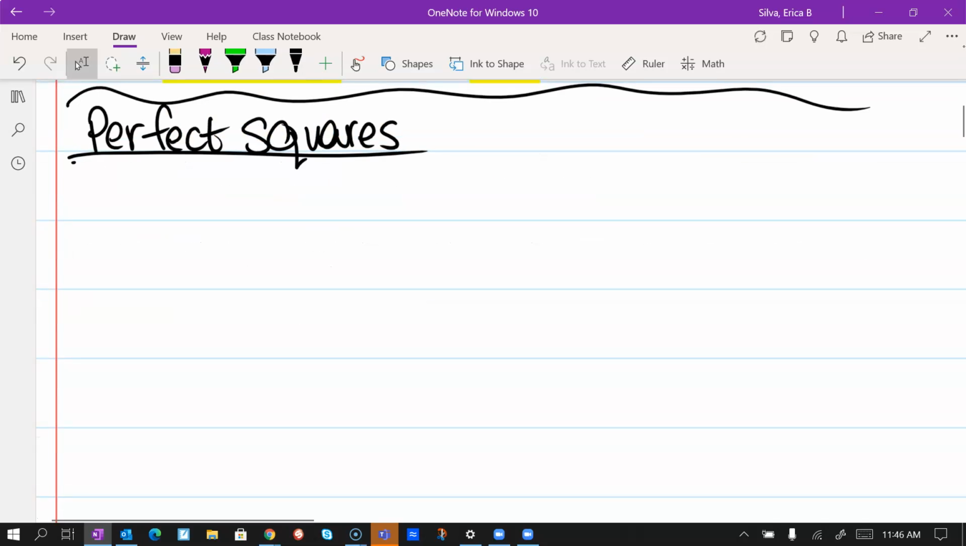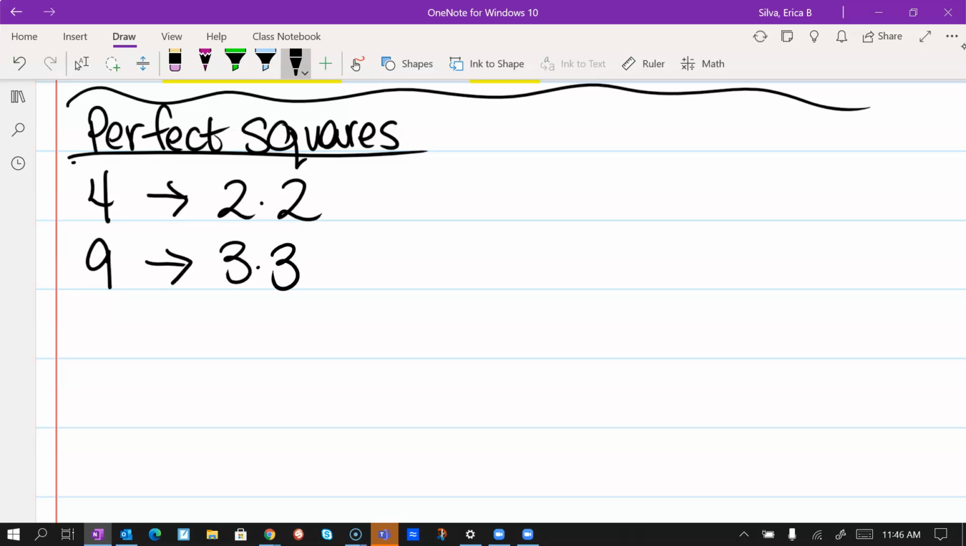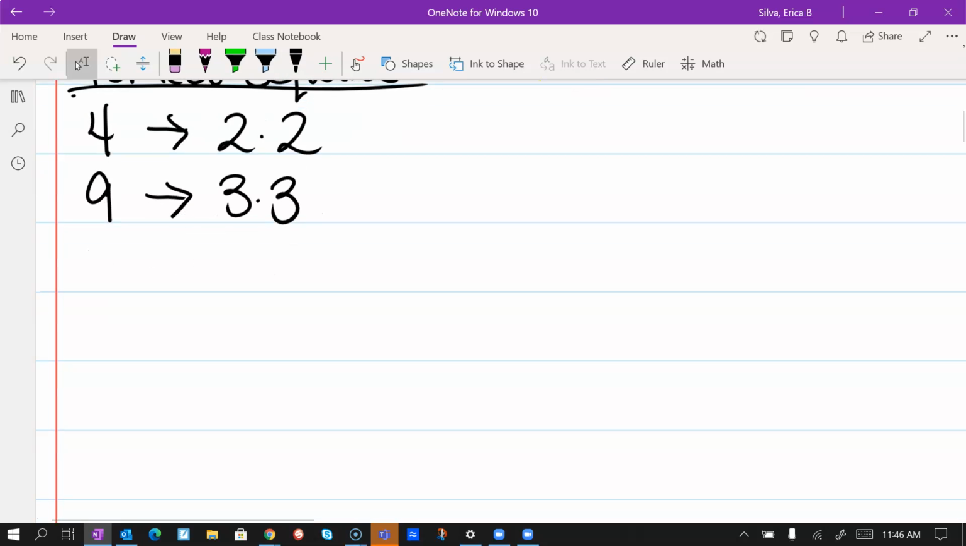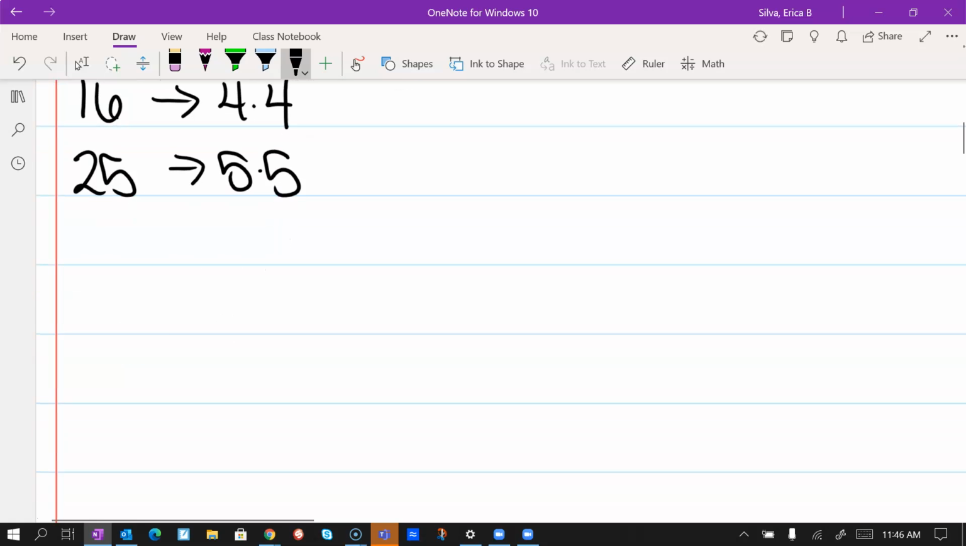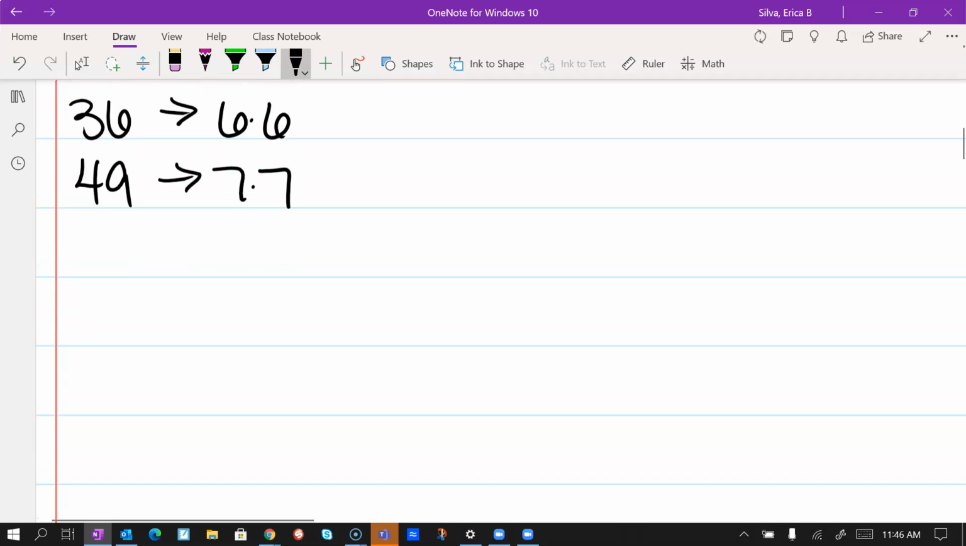So our first perfect square is 4, and we get 4 by multiplying 2 times 2. Our next perfect square is 9, and we get that by multiplying 3 times 3. Then we have 16 by multiplying 4 times 4, 25, 5 times 5, 36, 6 times 6, 49, 7 times 7,